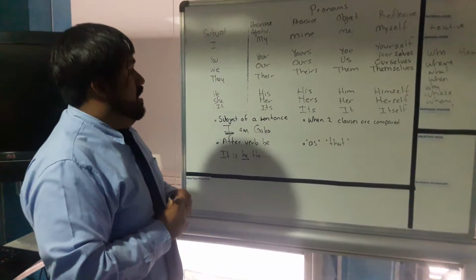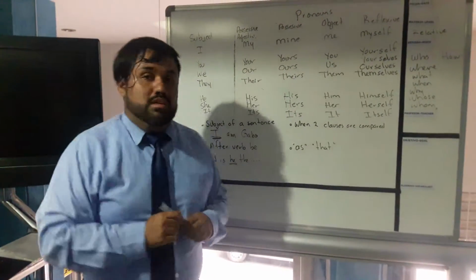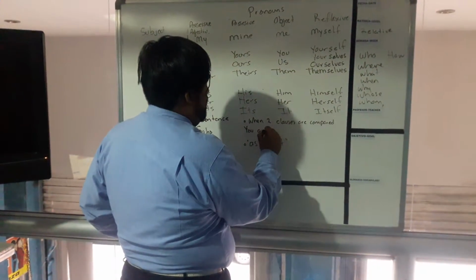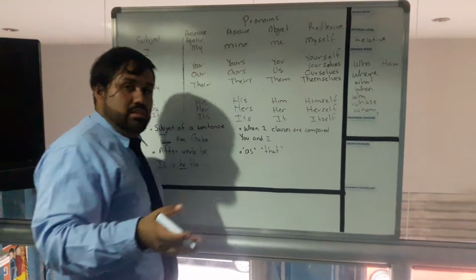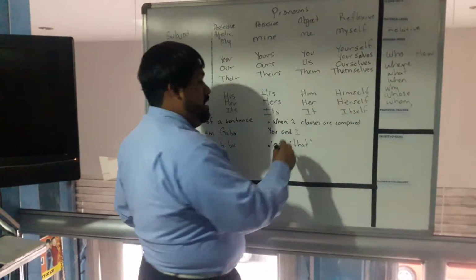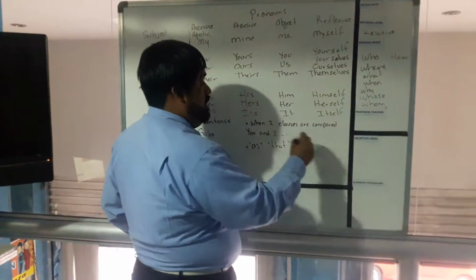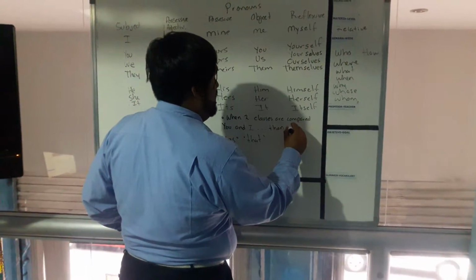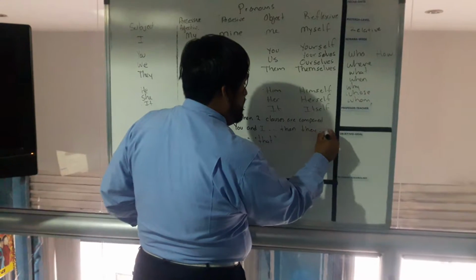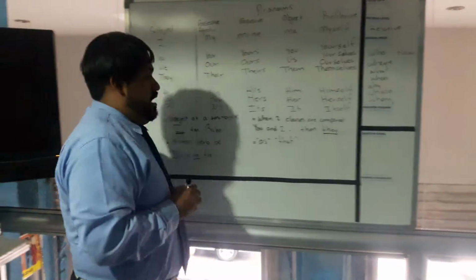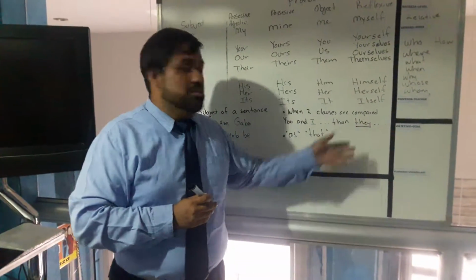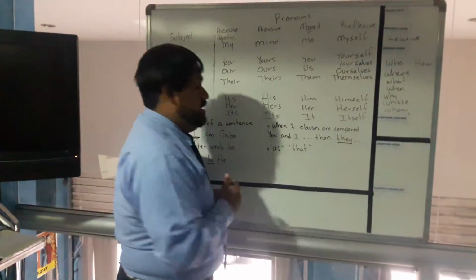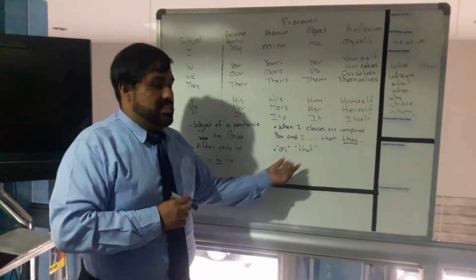When two clauses are compared, for example, "you and I." This is the first person, you and I. "You and I are better than they." So after a comparison, you must use another subject pronoun, and finally after words such as or